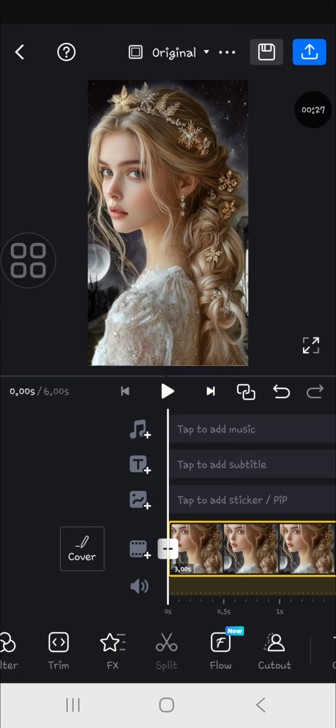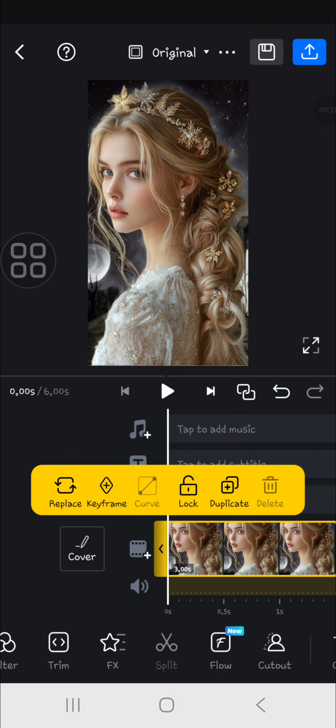Okay guys, if you want to use keyframe, you can click on your photo, either photo or video. Okay, and you will see the keyframe button right here, and then you just need to add the keyframe like this. And basically you can use this keyframe feature to animate your photo or your video. You can use it to create a movement, and for example I'm going to create zoom in or zoom out